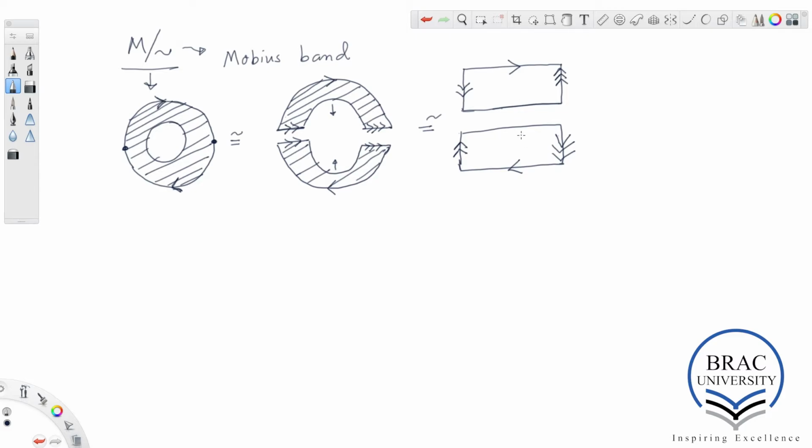Okay, and now, okay, so I have to put the shading. Both the rectangles are shaded. Okay, now what I do is